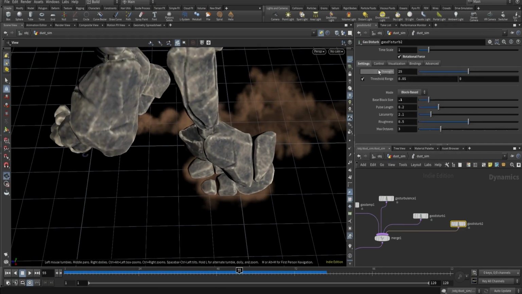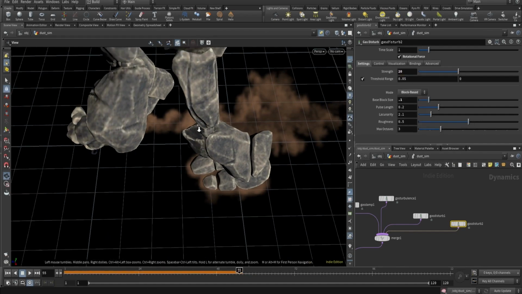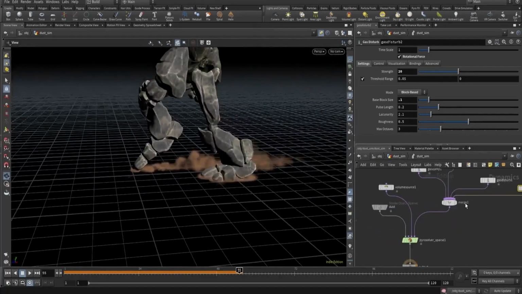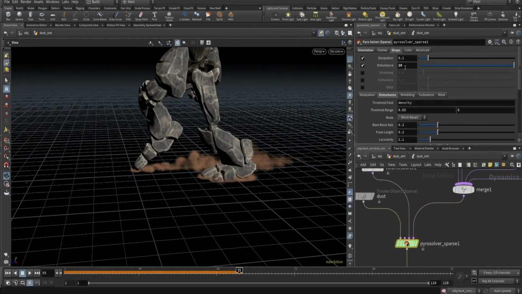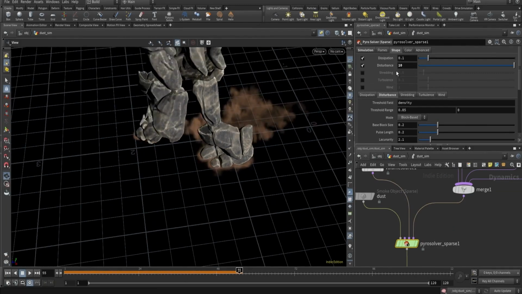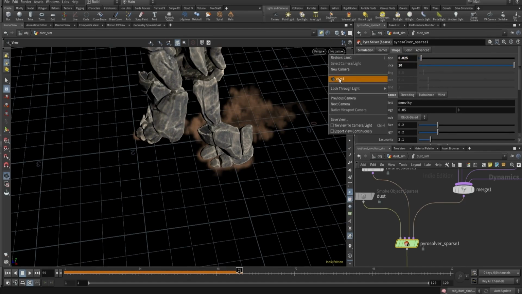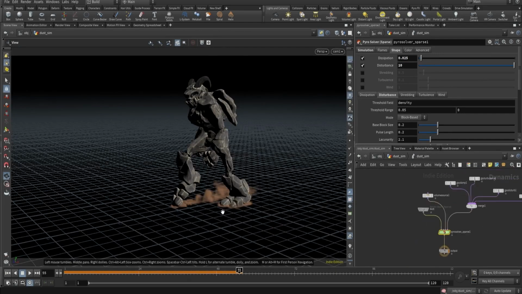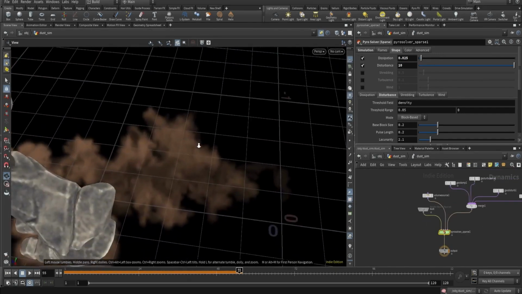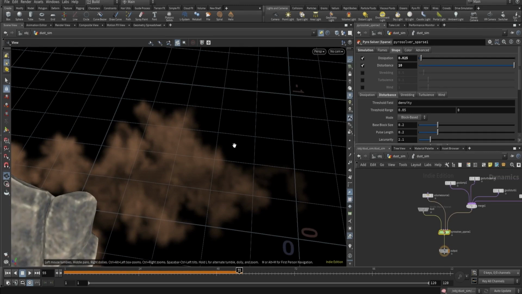Yep, and I don't want that much, so 20 is better, so leave it default. Yep, everything looks cool, and as you can see it's dissipating really quick, right? So I want to reduce the dissipation overall, so maybe use 0.25 so it will hold those frames. And one more thing I want to show, as you can see we have lots of detail in the simulation,